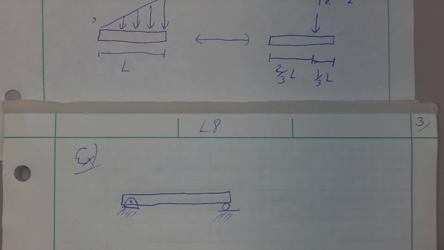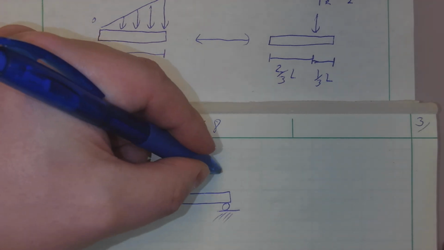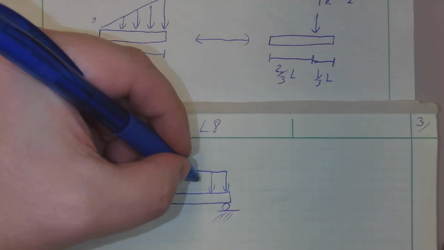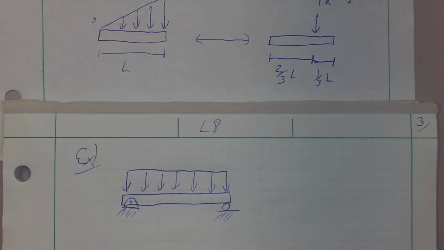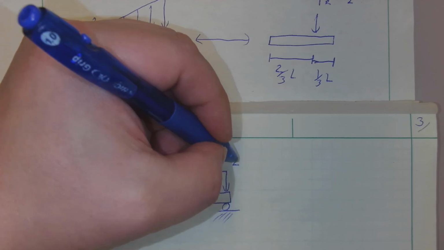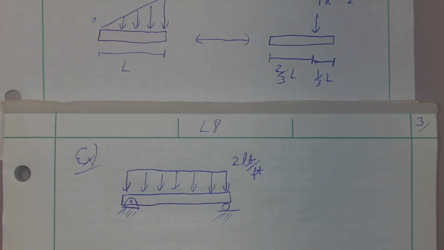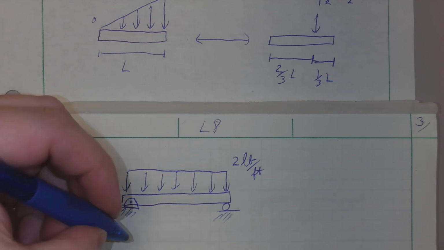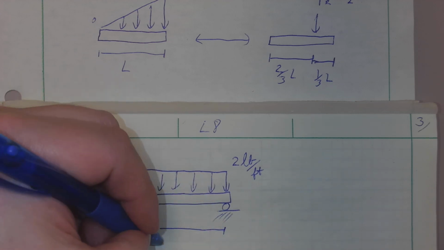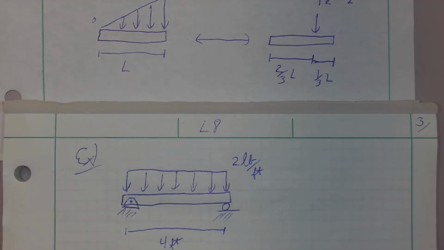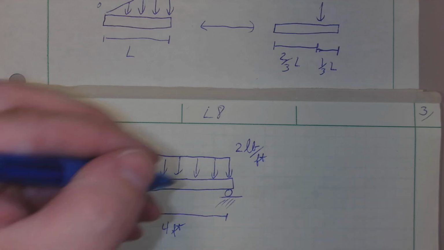And we're just going to apply a very simple constant rectangular distributed load here. These will always come out in units of force per distance. So let's say I've got 2 pounds per foot. And let's say I've got a distance here of, I don't know, we'll make it 4 foot. So a 4 foot distance there. Okay. And what we want to do is